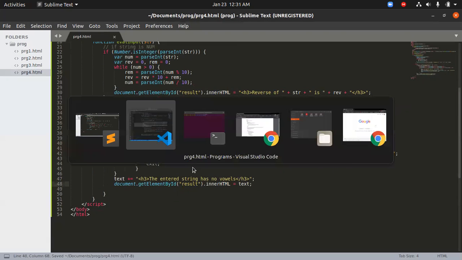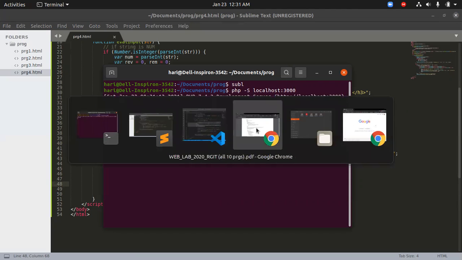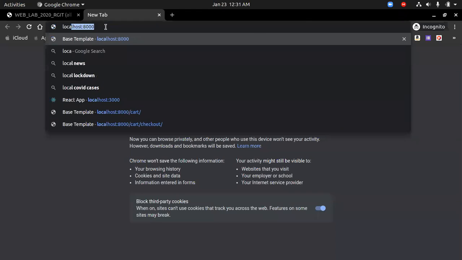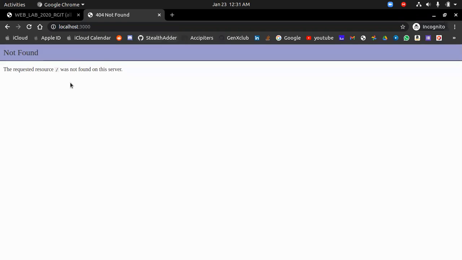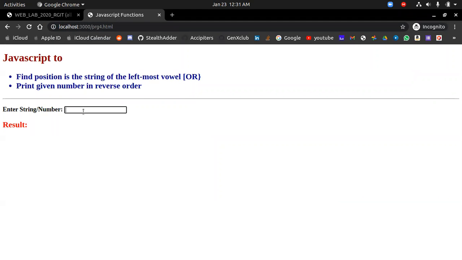We'll just check out the output. To check out the output, we have to start our PHP server, that is by using this following command. Localhost 3000. To get a message like this, we go to browser. Here we just type localhost 3000. You should get a message like this. Here, then you put the root and forward slash, and then the PHP or HTML file. So this is the one. We try to type